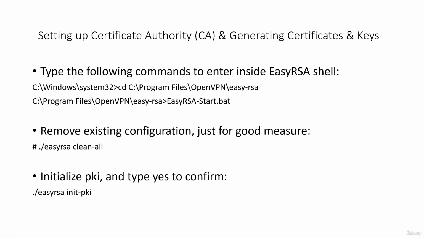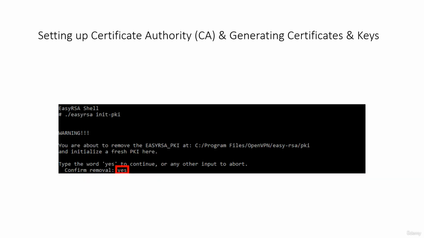After that we need to remove the existing configuration, just for good measure. So simply type this inside your command prompt on Windows, and then we need to initialize the PKI, and the command prompt will ask you to confirm. As you can see, after typing the previous two commands, it will look like this, and then